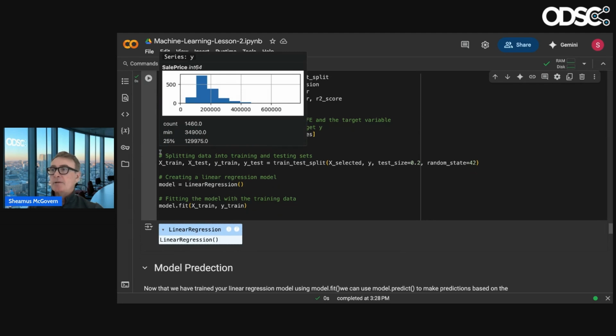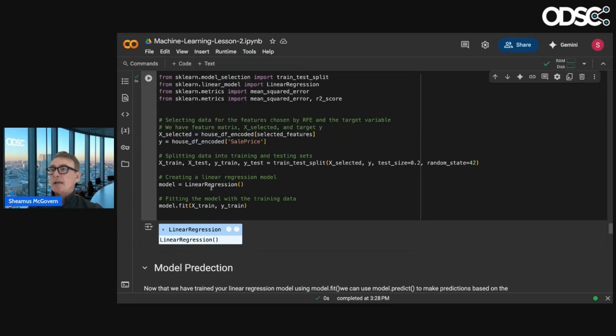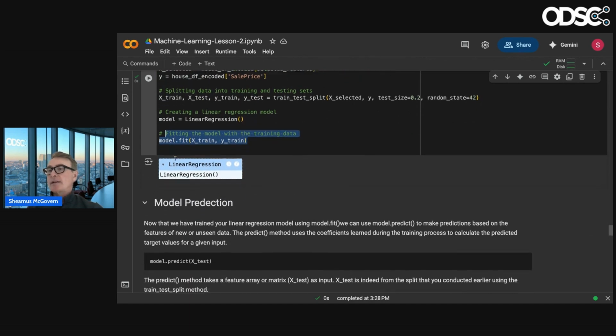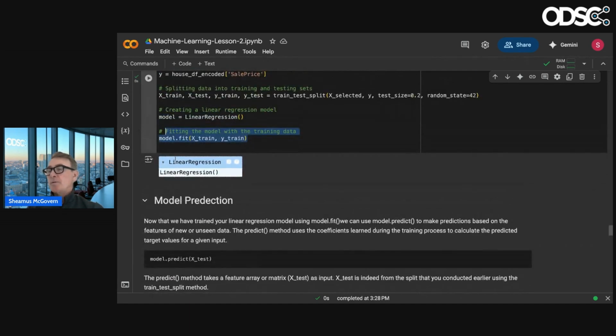You see that splitting up. Now we do our test and training split, and we're picking the model, which is linear regression. On linear regression, we're saying model.fit with X_train and y_train. We haven't printed anything out yet. All we've done is train that model, and because linear regression is very quick, we've just trained the model. We haven't done anything with it yet.